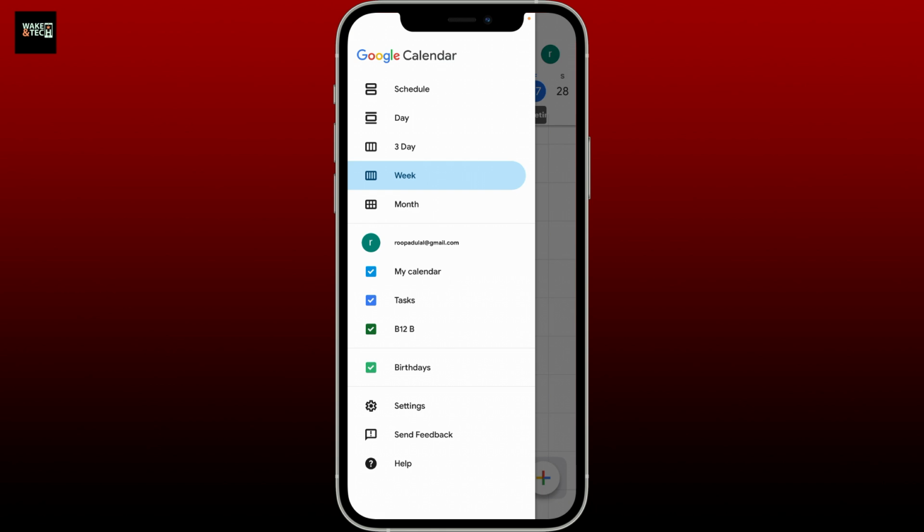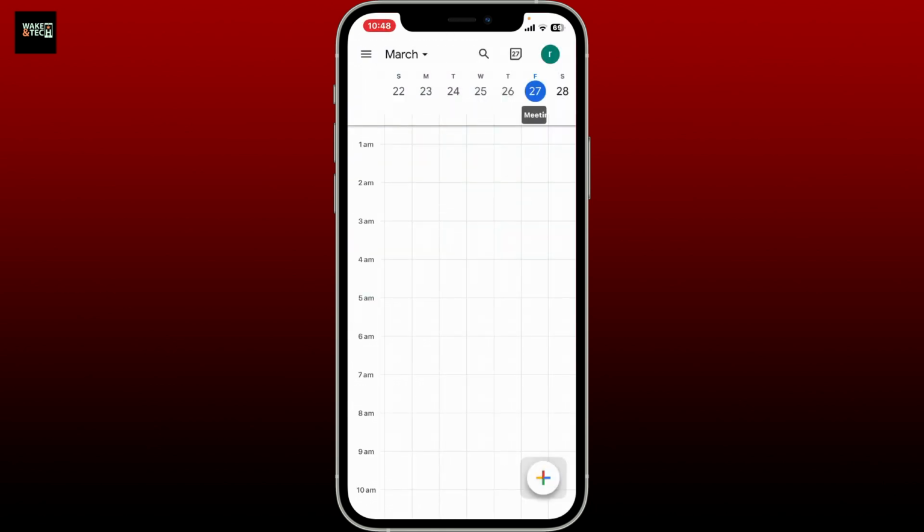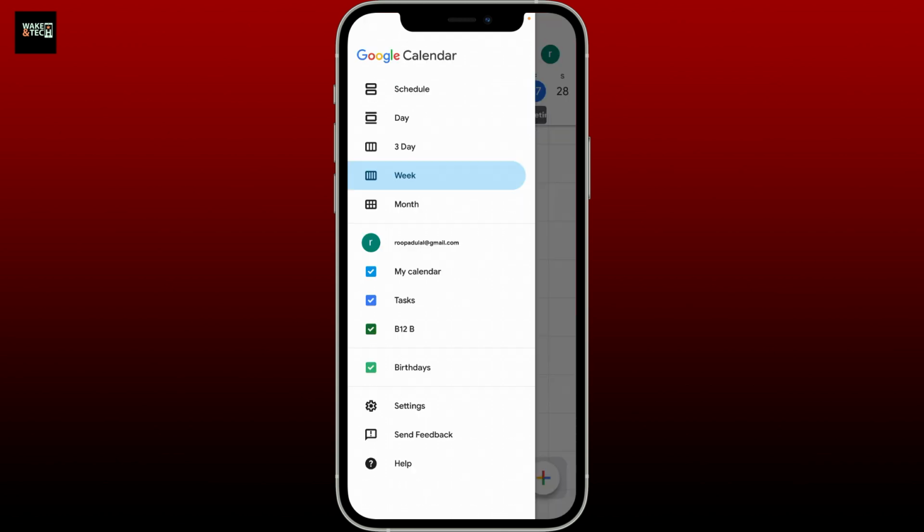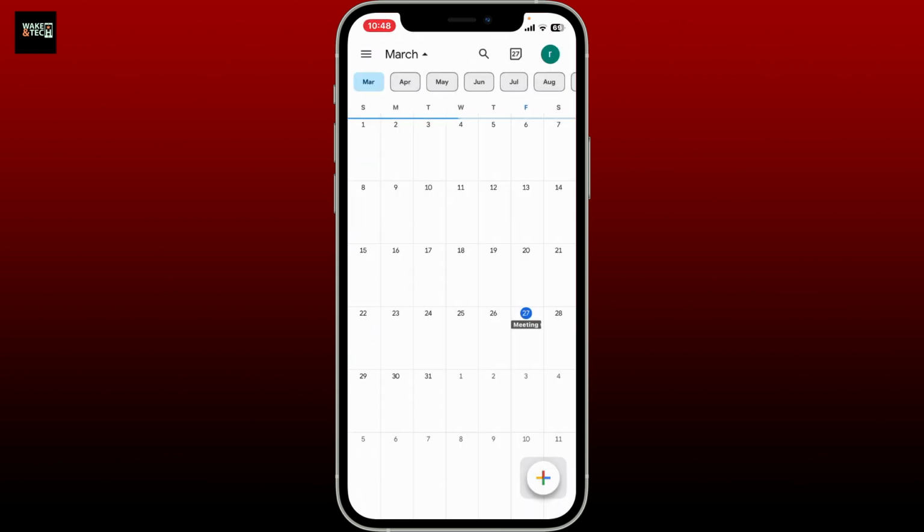The day view is best for detailed hourly planning. Week view is great for balancing work and personal tasks, whereas the month view is perfect for big picture planning. And that's it. Super easy, right? Switching views helps you stay organized depending on what you need, whether it's zooming into your day or planning your